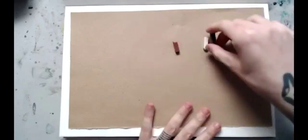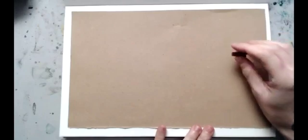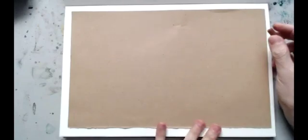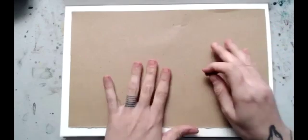Okay, so I'm going to start with the middle tone, and with the middle tone, the first thing that I'm going to do is the structure and the base of the figure. One thing that I want to say now, the important thing is,